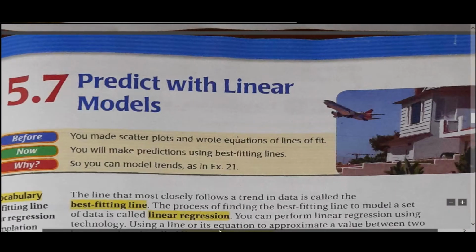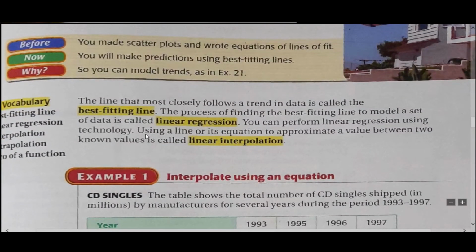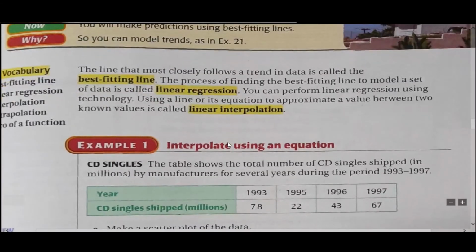Okay, 5.7. So best fitting line. This is called the best fitting line, which is linear regression. This is a higher concept. So why are we learning it? Well, it's an important concept. So for linear regression we usually use calculators, okay? And if there's a value you want to approximate, that's called linear